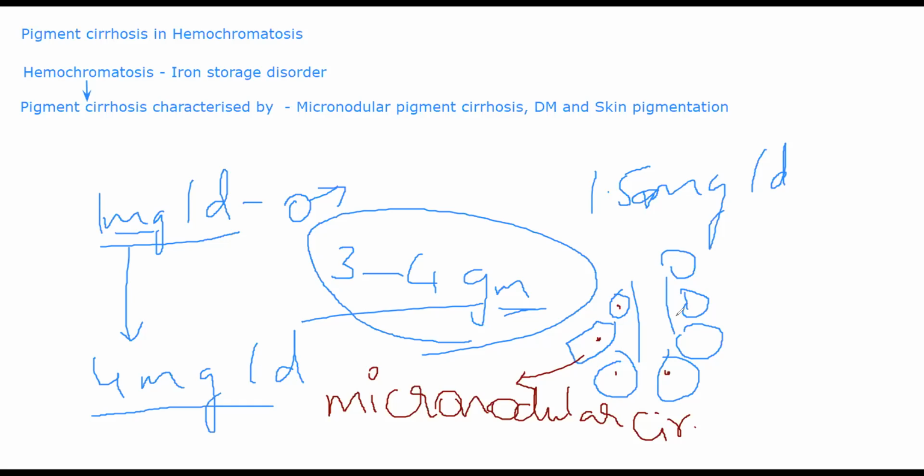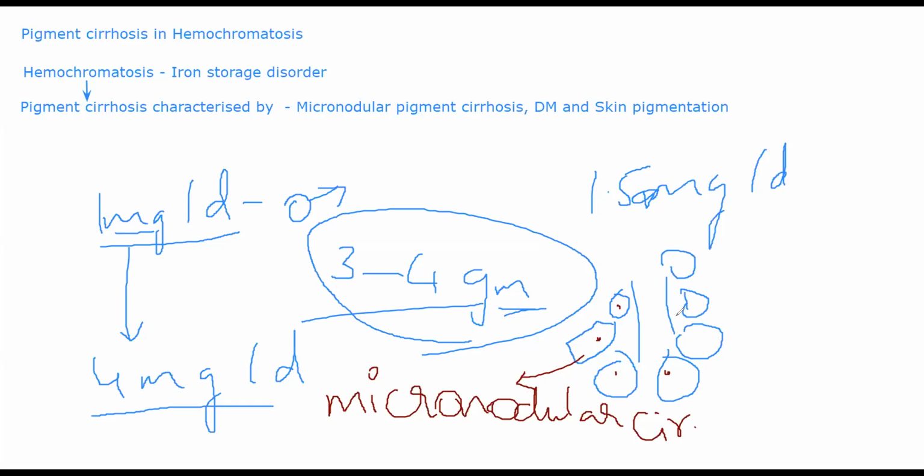In pancreas, though, pigmentation is less. It's not as intense as it is in liver. But what happens is your acinar cells and your islet cells will get specifically affected, in the sense that the deposits of iron, even if they are lesser than liver, will produce fibrosis. Specifically, they will produce interstitial fibrosis, and they will cause atrophy of your islet cells.